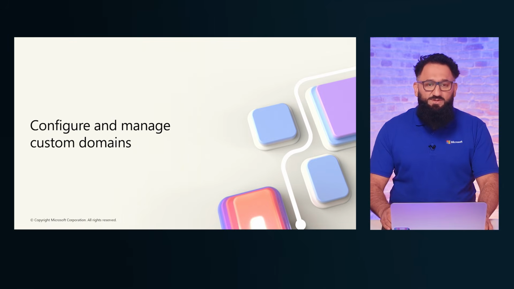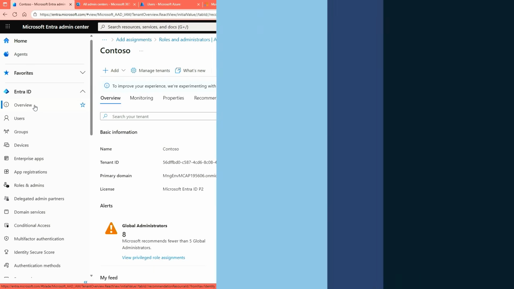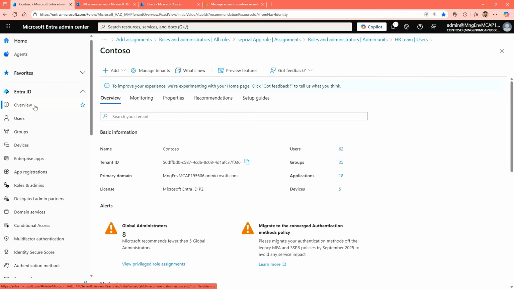In this part of the session, we are going to look at what custom domains are and how we can manage them in Entra ID. So let's jump back onto the portal. I'm back on the Entra portal on entra.microsoft.com, and as part of the configuration in one of the earlier sessions,